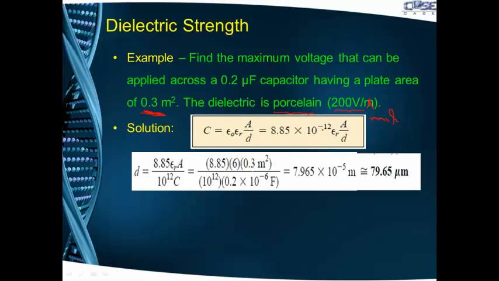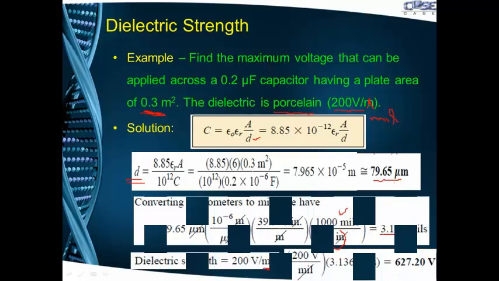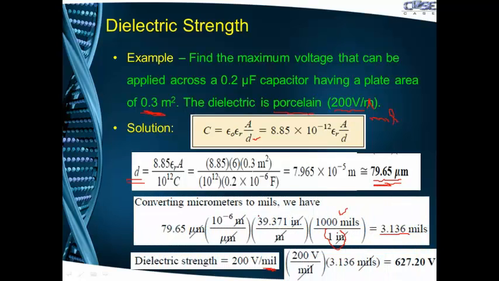capacitance given by this equation, from which we can find out the value of d, that is the separation between the plates. The other parameters are known to us, so d is computed to be 79.65 micrometer. So converting the micrometer into mils, we have 3.136 mils against this value, and dielectric strength is given to us as 200 volt per mil,